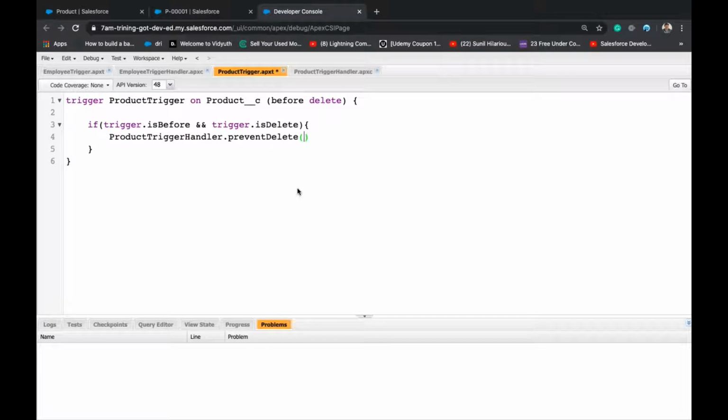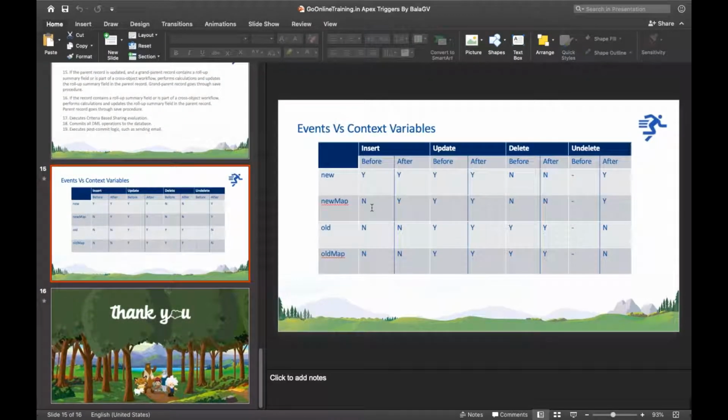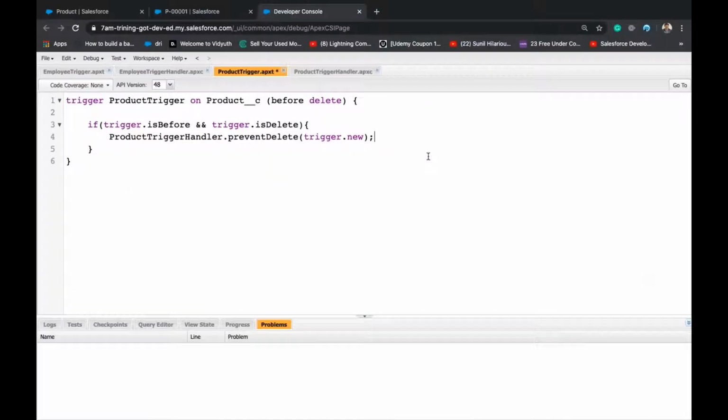And we have to pass trigger.old. Sometimes by mistake we give new and the trigger will fail, because in delete, new will not have data. If you remember, in delete, new is null, new map is also null. Old will have data. So this should be old, not new.